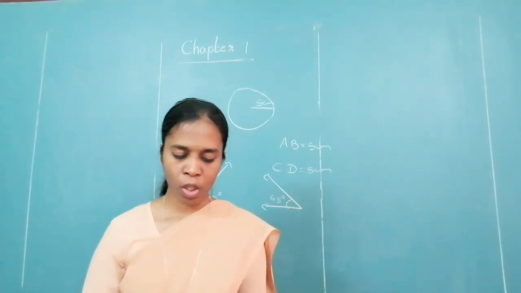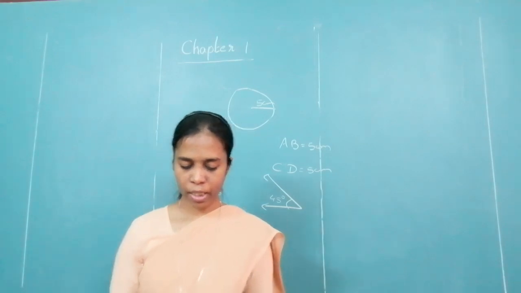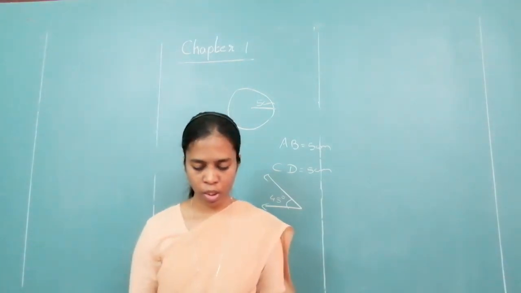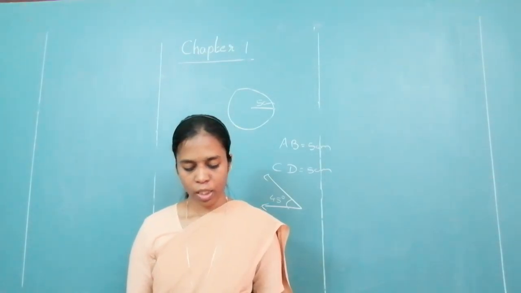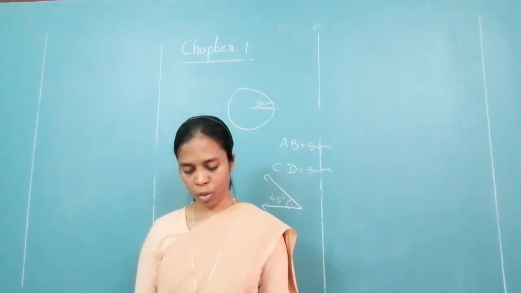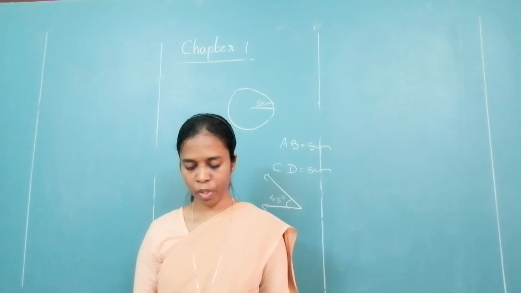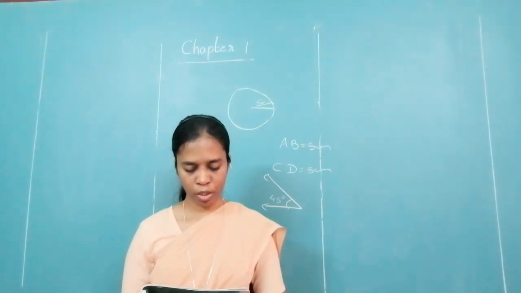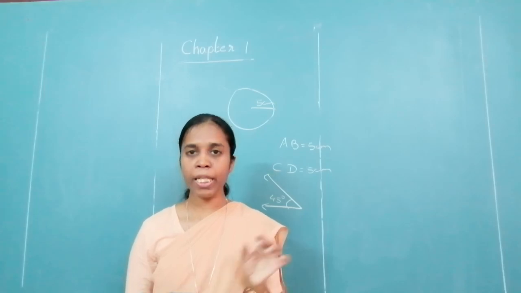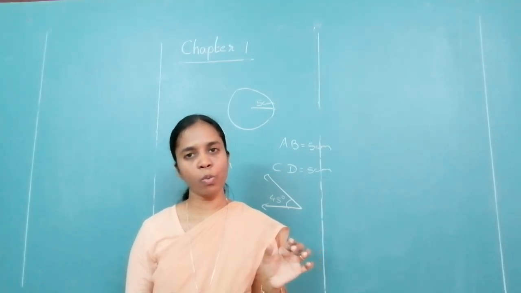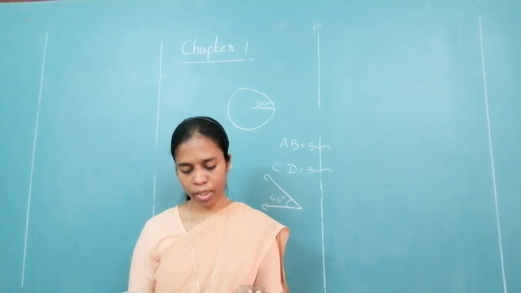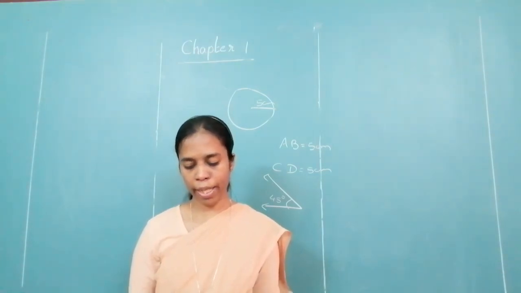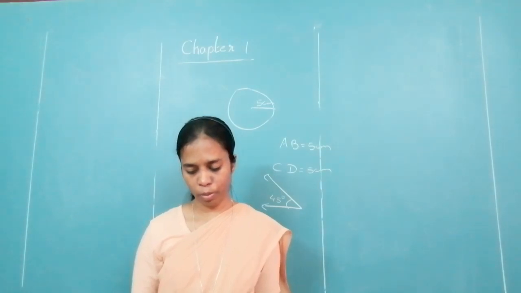Question number 2. On the line below, the distance between any two adjoining points shown on it is equal. Hence fill in the blanks. You have segment AB. Look at segment AB. AB is 1 unit. So you write any other segment of 1 unit. I can write it as segment PZ or I can write it as segment XW. No problem. Okay.